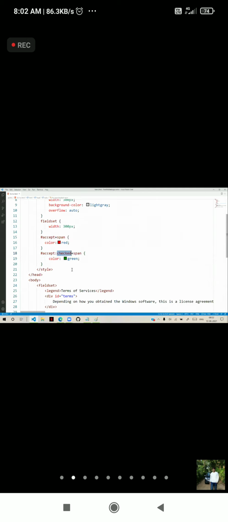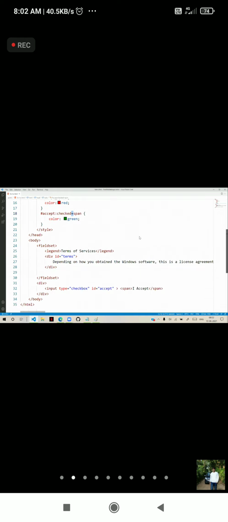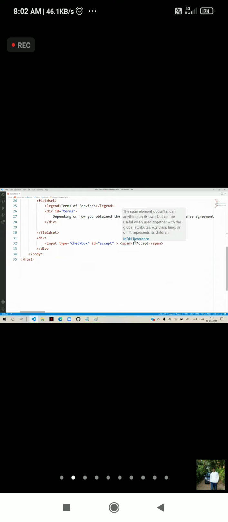We can verify whether it is checked or not, and based on that, you can handle. The plus span is the adjacent span beside that particular checkbox. If I don't write that in a span, I cannot apply color to this particular text. So that is the reason you have to keep it in some container.